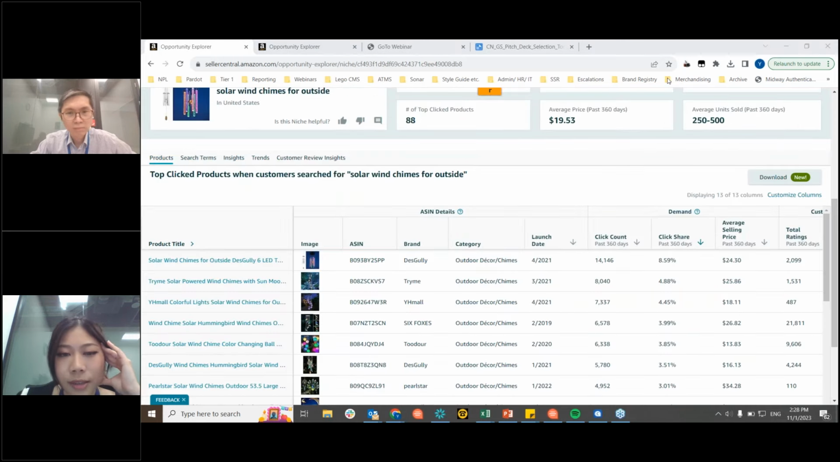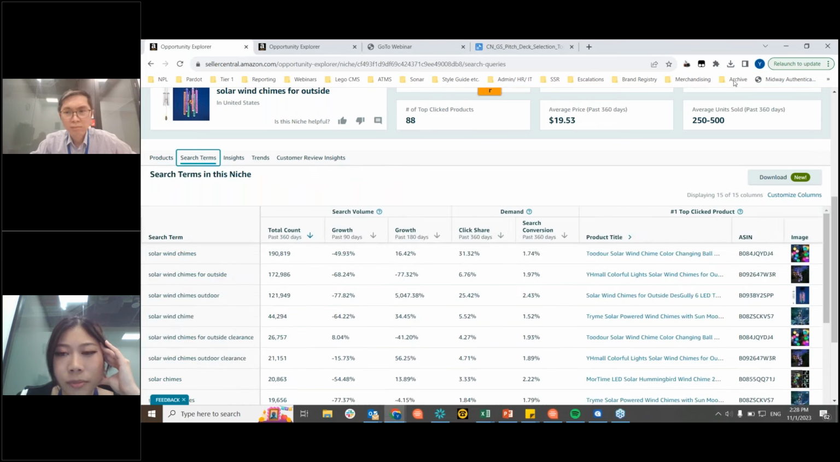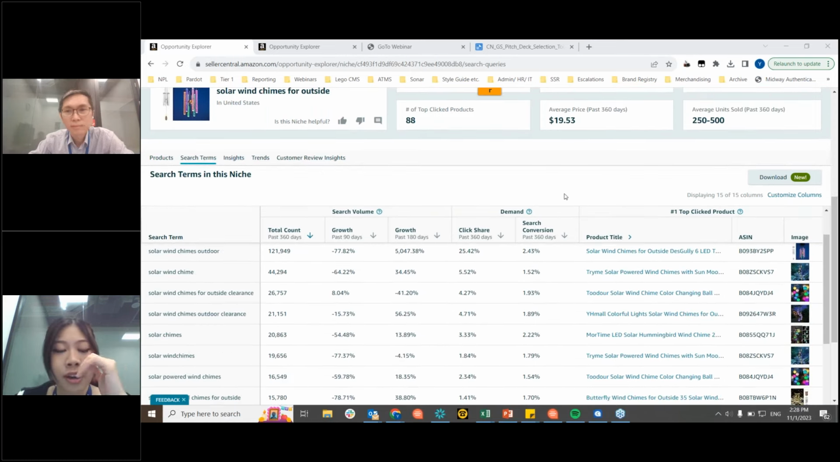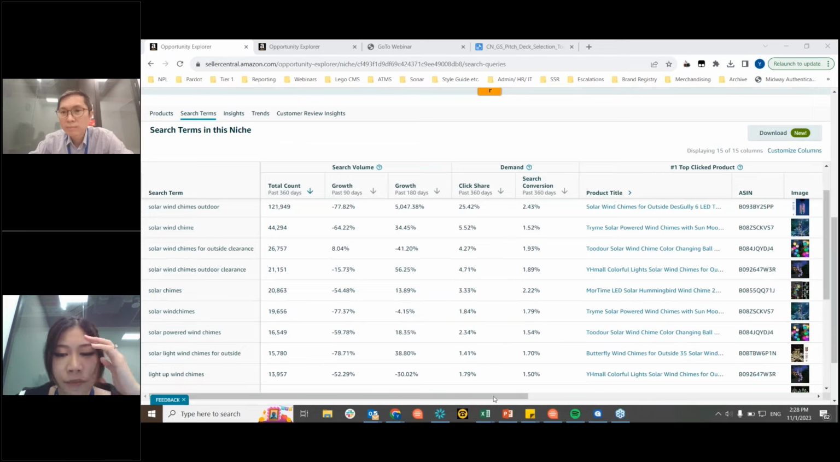Okay, let me go back to this page. I'll just hop on to the next tab, which is the search term. Over here, it helps you to identify how to optimize your listing further: what are the people typing when they search for the product that they want to buy, for instance, these solar wind chimes. So over here, you are able to leverage these search terms to run advertising also,